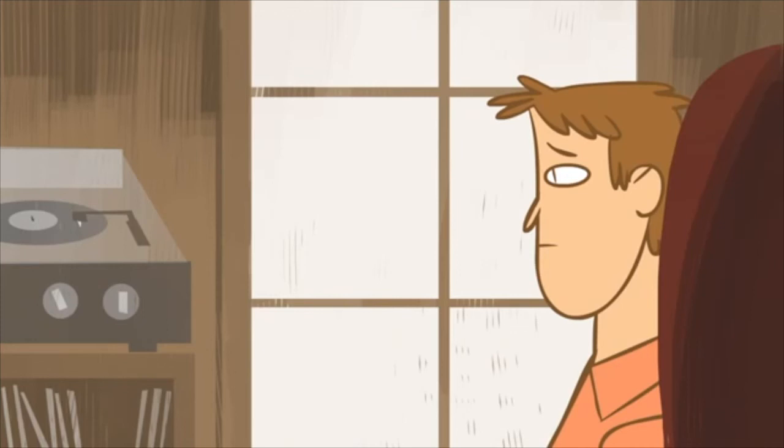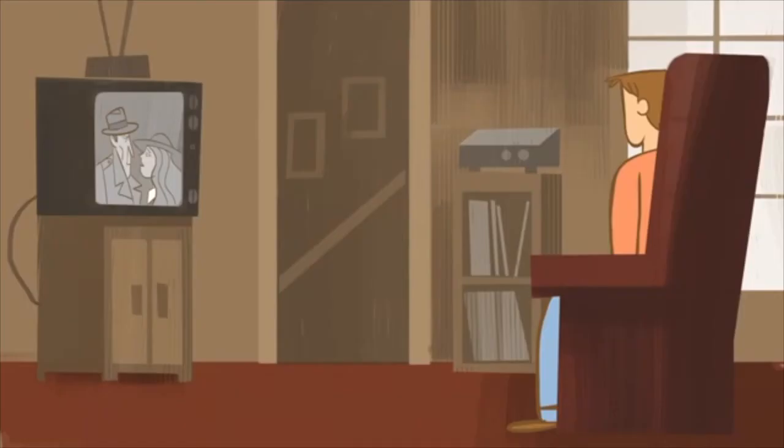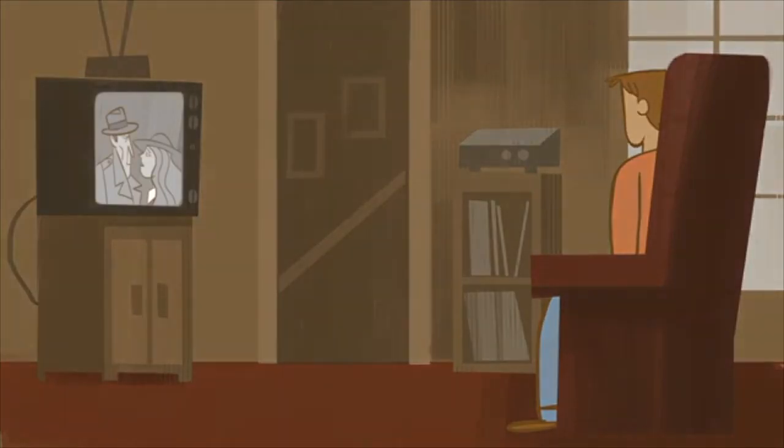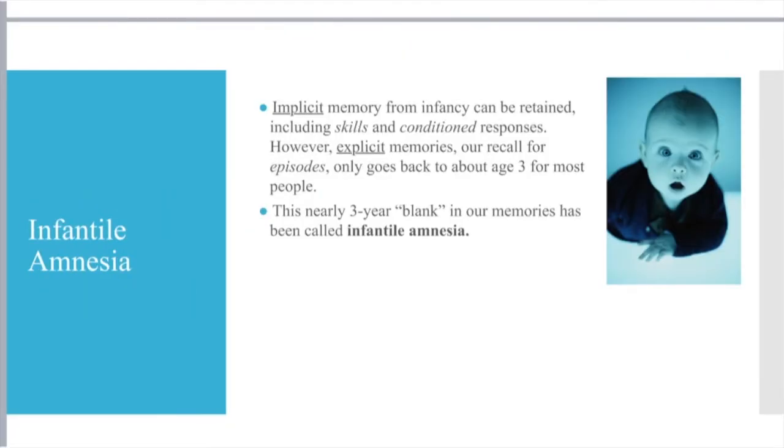Though HM spent most of his life forgetting things, he and his contributions to our understanding of memory will be remembered for generations to come. Just a couple more slides here, but one thing that helps us understand these implicit and explicit memories is